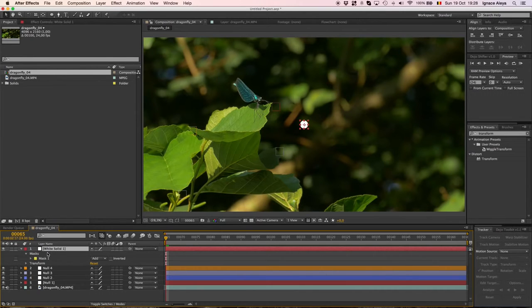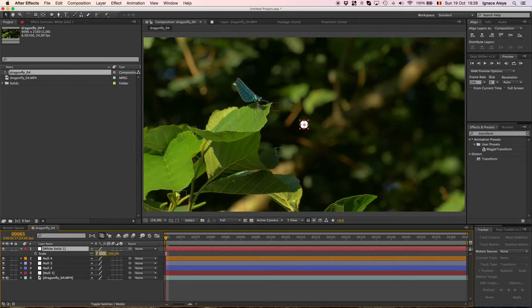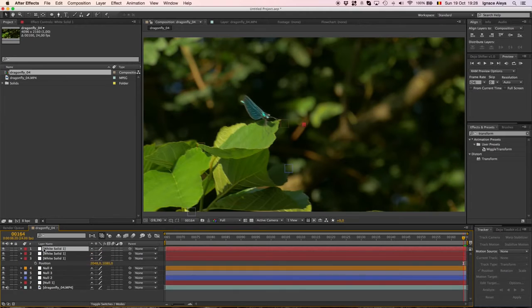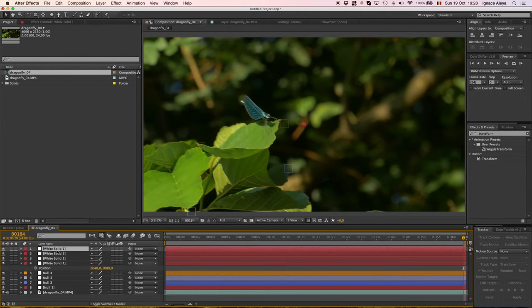So now we have this circle, maybe make it a little bit tinier. So let's say 25, or is that too small? No, 25 is perfect. Okay, press P on the keyboard. Okay, and then your null 1. So let's duplicate this one 4 times as well. So 1, 2, 3. 3 is actually 4. Okay, so rename